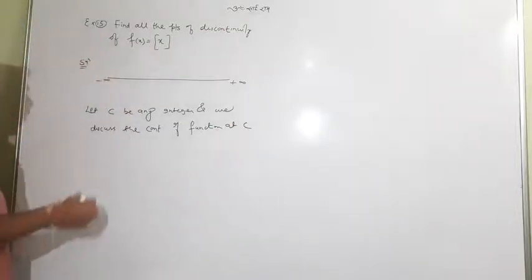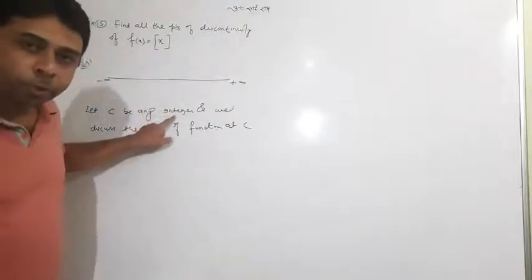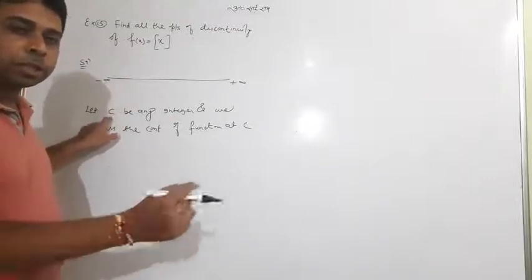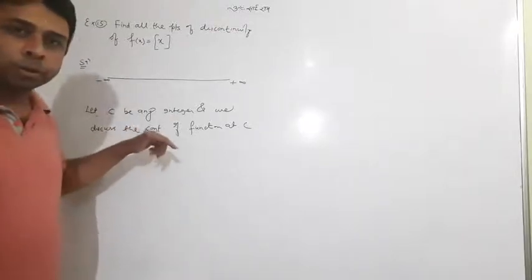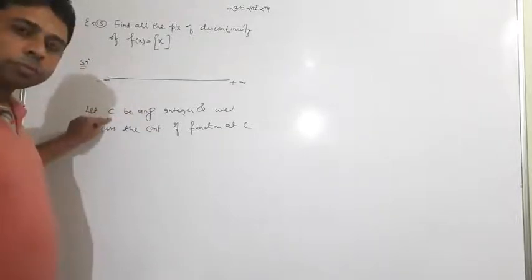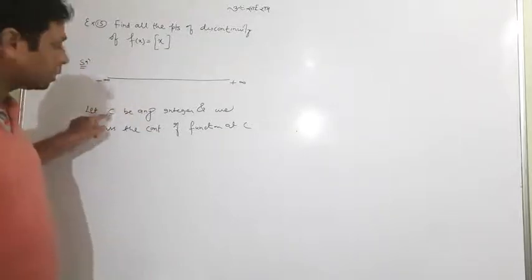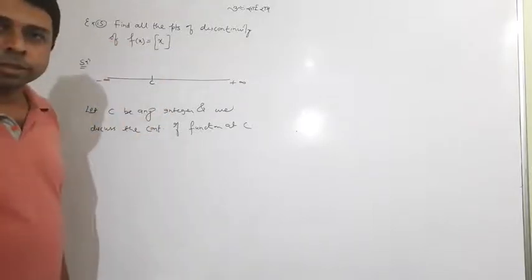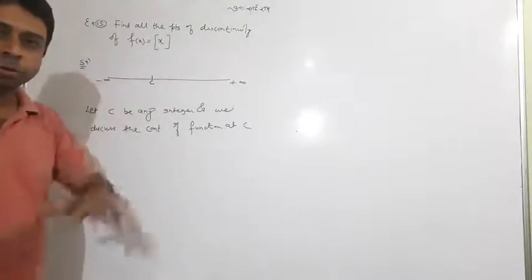Now first of all, I have chosen an integer point, so name it c, not 1, not 2, not 3. In mathematics that is not accepted. You have to go with a symbolic c. c is any integer. So this is c. Not 0, not 1, not 2, only c.